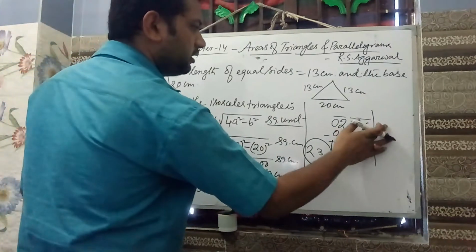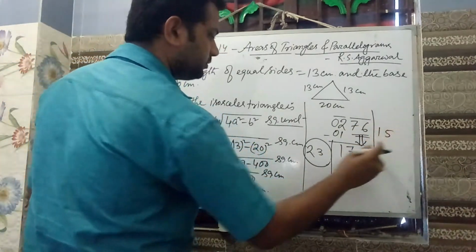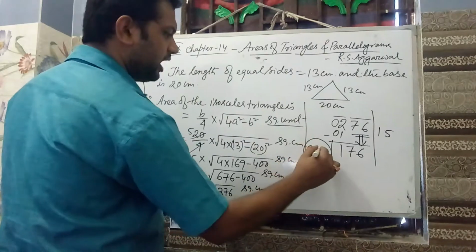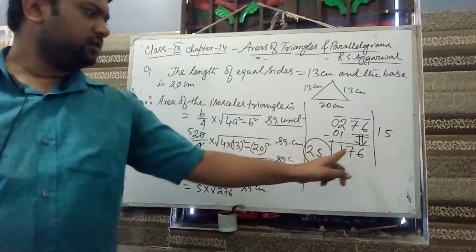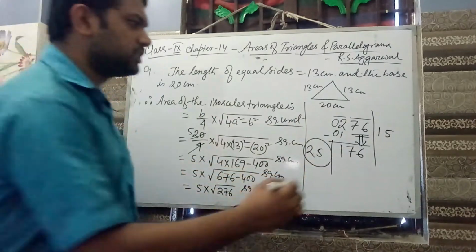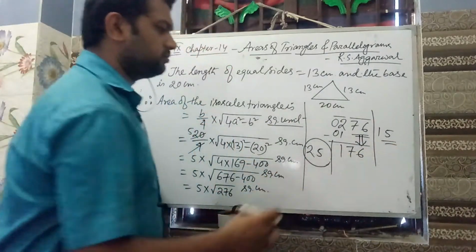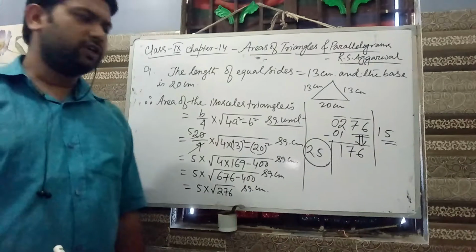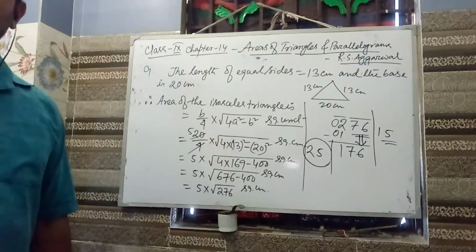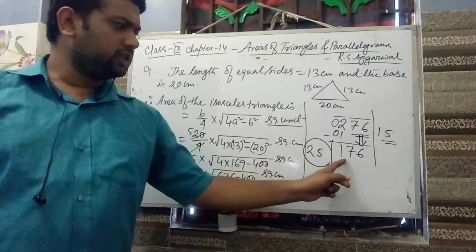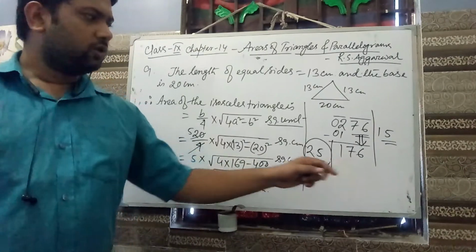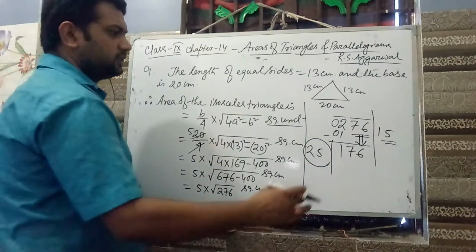If you write 5 here, then you have to write 5 here. Then you have to multiply 5 and 25. Only this 5, this digit, with this number. 5 into 25 gives you 125, which is smaller than this number. So let us check with 6.